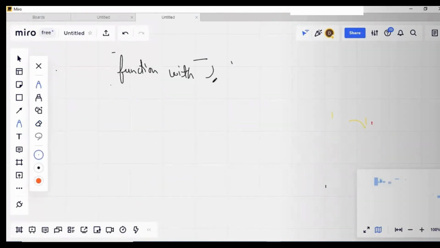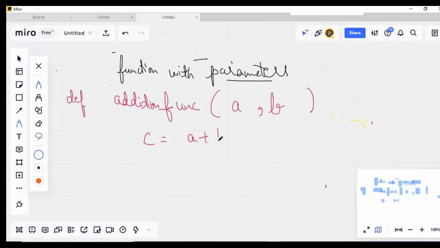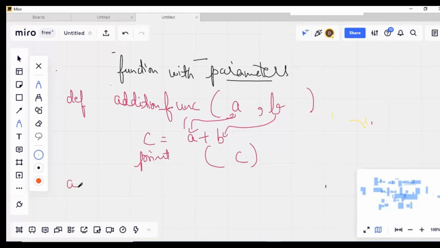Till now, we are writing the function in a certain way. Addition func, this is the name I'm giving. What I'm doing here, I'm passing the two parameters, A and B. And here, now what I'll do, see here, C is equal to A plus B. So this will be added here, this will be added here. And now here I'm writing print C. C is the output there. How to call it? Addition